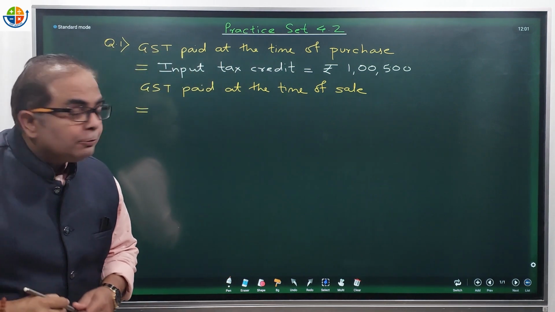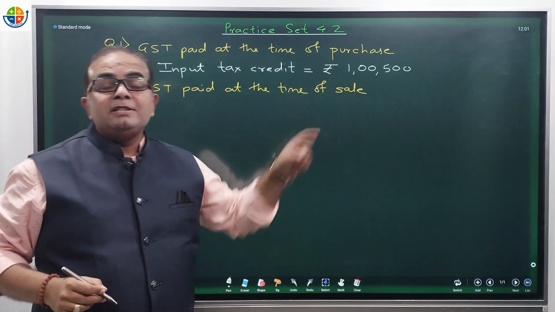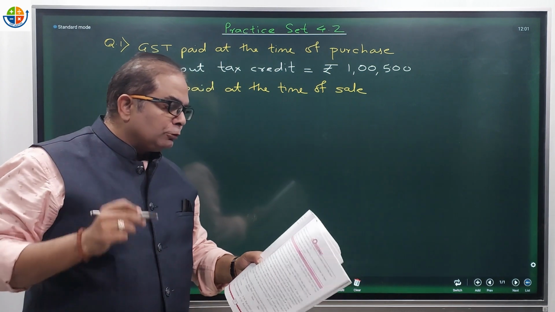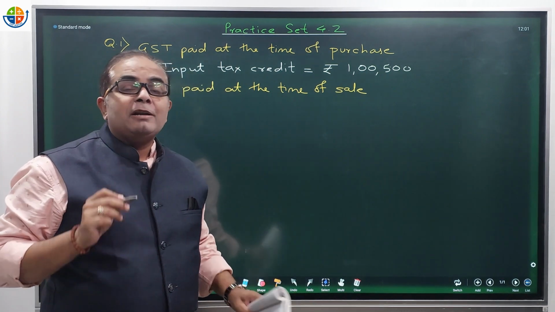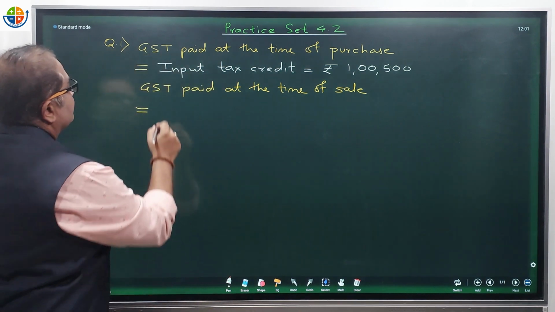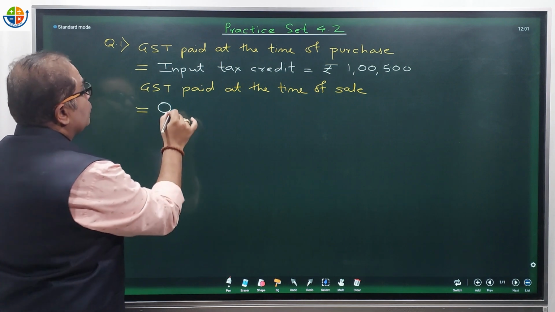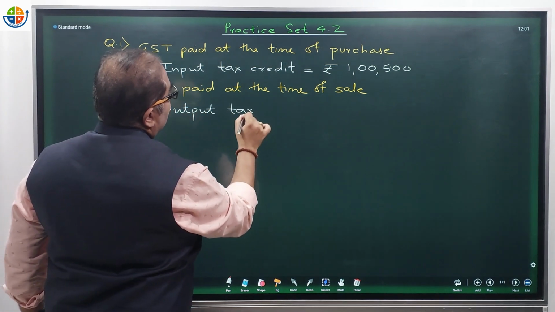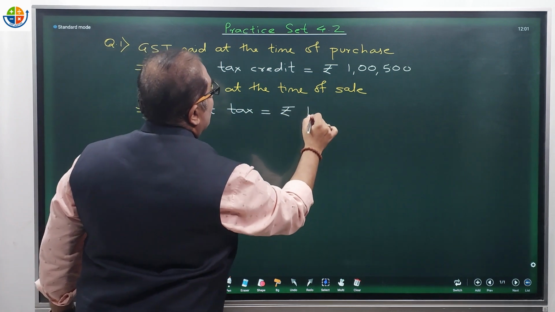Okay. Now at the time of sale, the GST collected is rupees 1,22,500. So that is output tax, not credit, output tax rupees